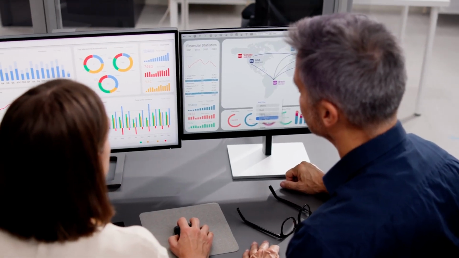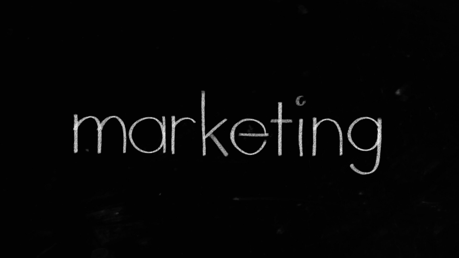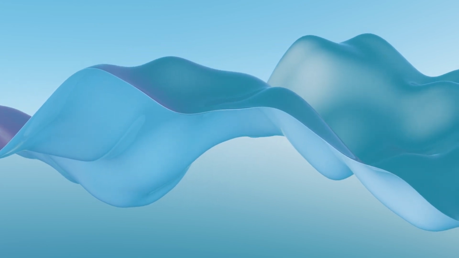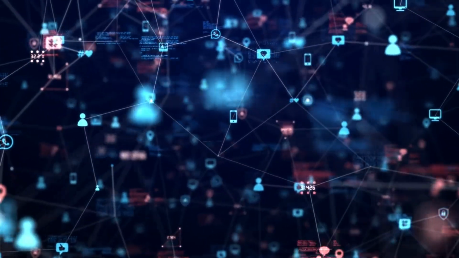Use tools like Google Analytics and Facebook Insights to see which content performs best. As author Seth Godin says, don't find customers for your products, find products for your customers. This means tailoring your content to solve the specific problems your audience faces. When you do, your content will resonate more and drive better engagement.